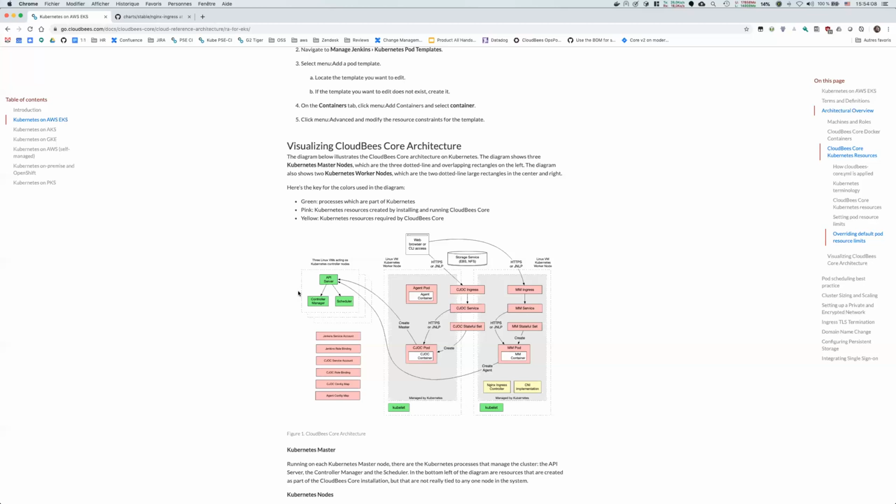In our case, we don't specify any explicit host, so it will use the same. So it will go through the load balancer and use that port. And the port, we also don't override, because on purpose, when you go through the load balancer, we set things up in such a way that the external port is the same as the internal one. So we don't have any additional configuration.